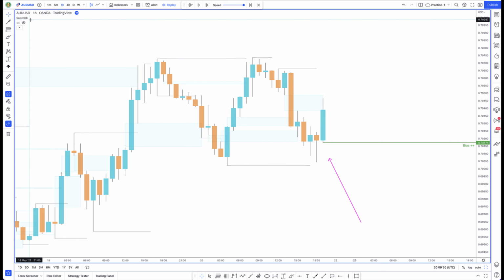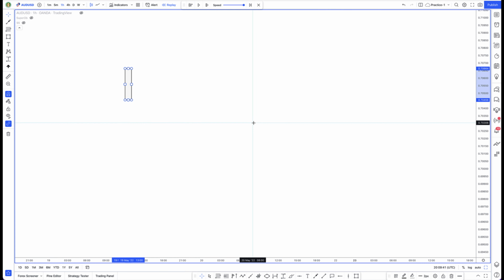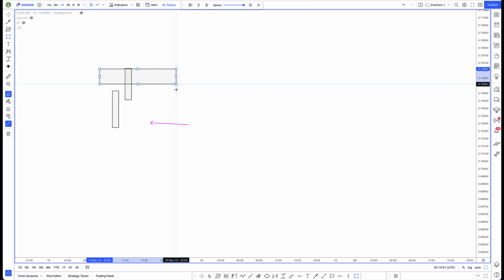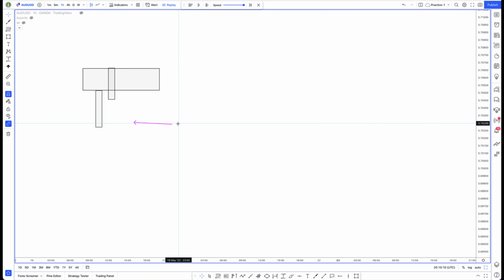So just recapping once again, a 2 candle fair value gap is when a particular candle, this candle breaks out of this candle, and then this area is the 2 candle fair value gap where you can anticipate continuations from,